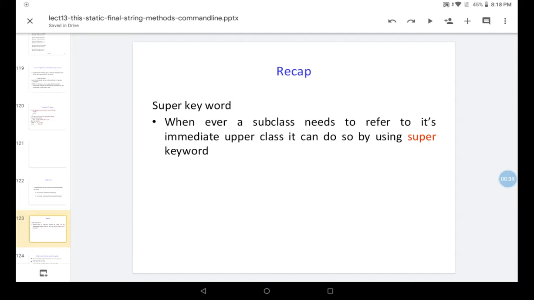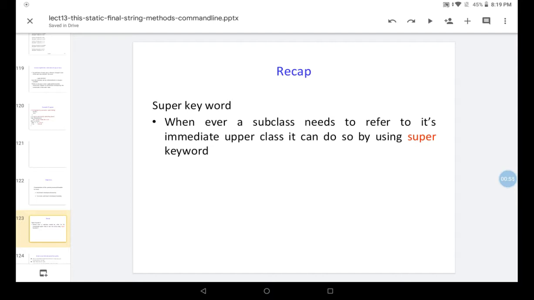If you remember, we discussed the super keyword in the last class. What is the super keyword? Whenever a subclass needs to refer to its immediate superclass, it can do so by using the super keyword.